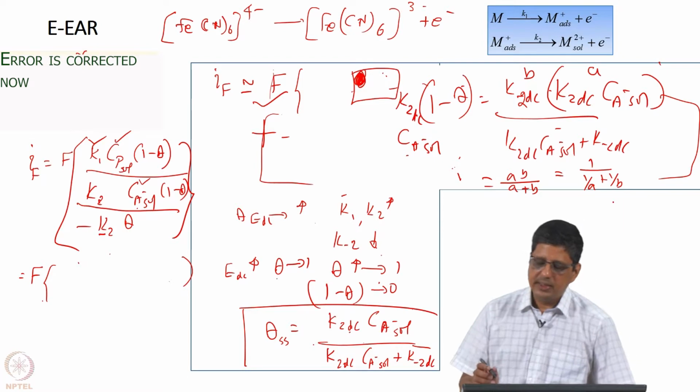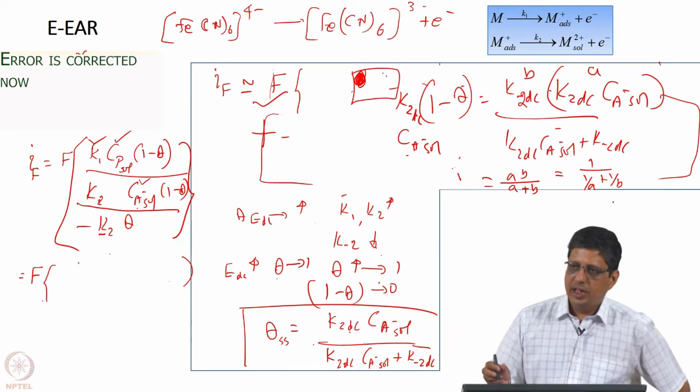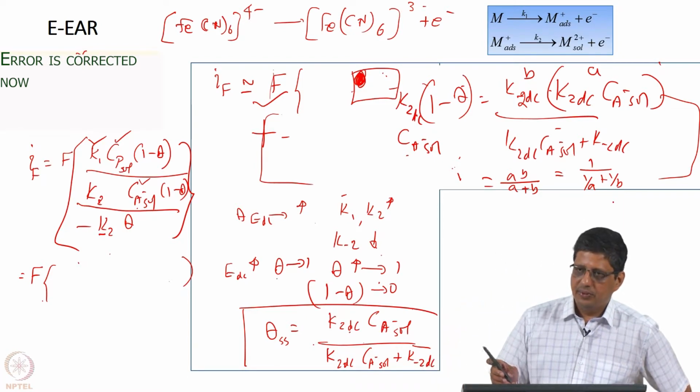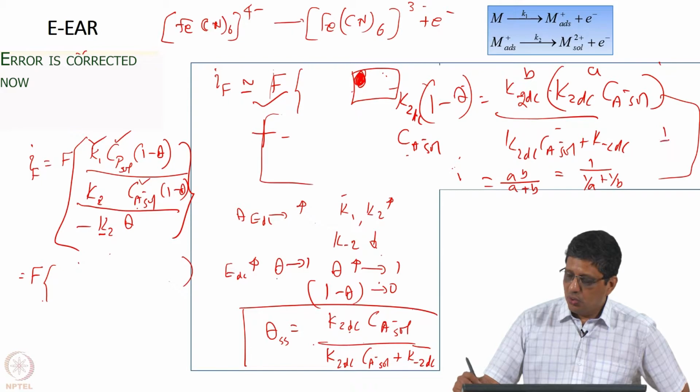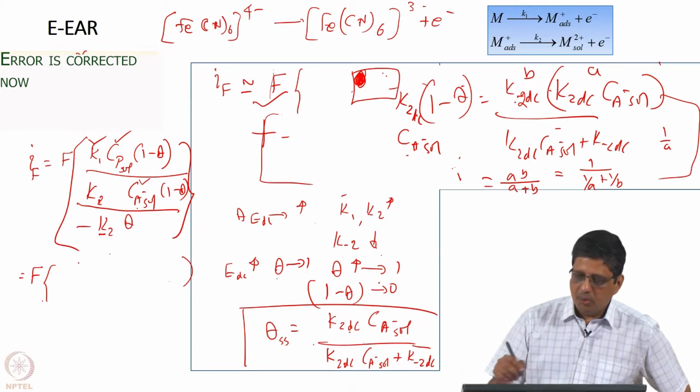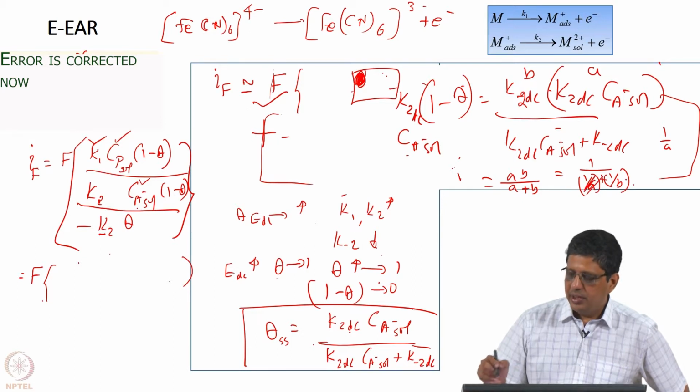So, what would happen is, when you have a large potential, K2 is increasing. So, 1 by K2 will decrease, becomes a small number, 1 by K minus 2 will become a large number. One of them is going to be large, one of them is going to be small. I can ignore the small number, keep the large number.